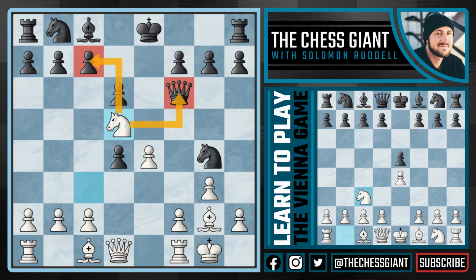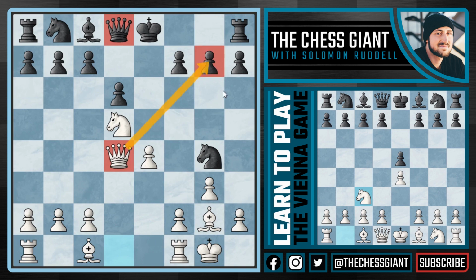Here black really has no choice but to play queen d8, bringing the queen back to the square that it started on, and now we can centralize our queen, taking the pawn on d4, and look at our queens now. The queen on d4 is much more active than the queen on d8. In fact, right now we're actually threatening to play queen takes g7,